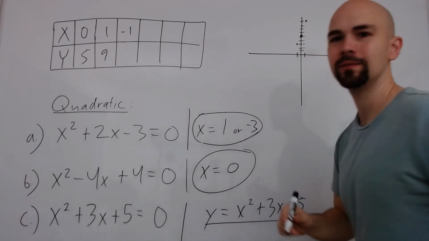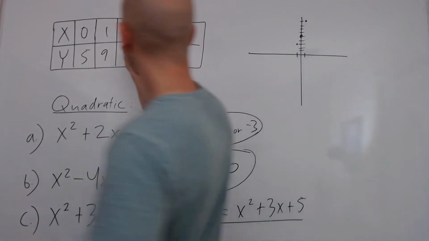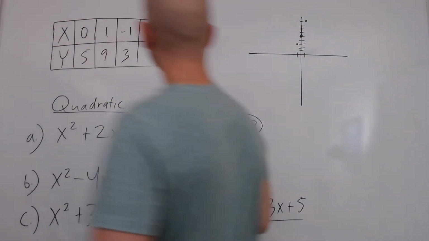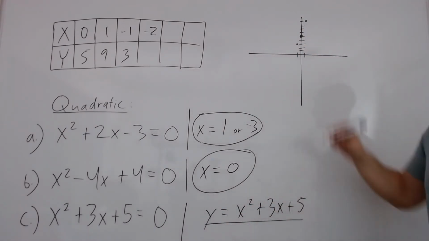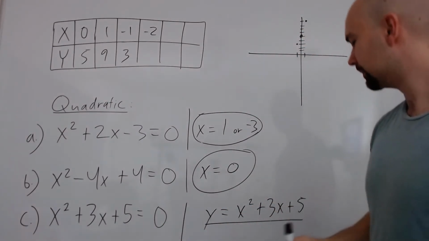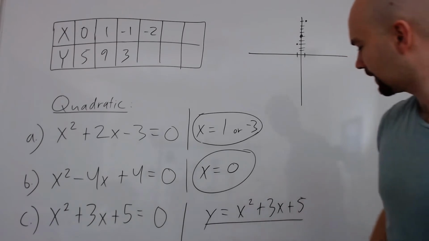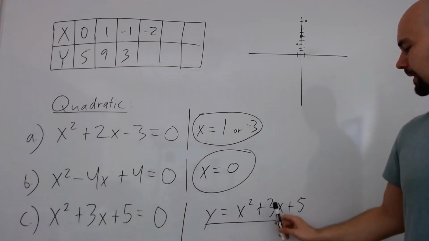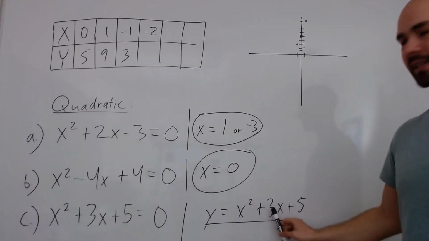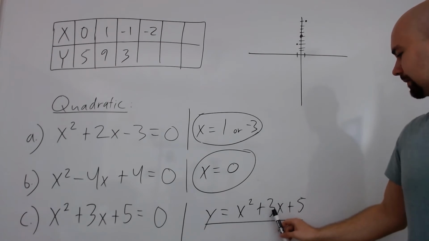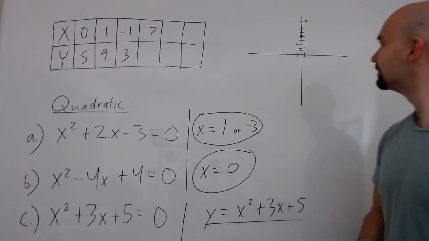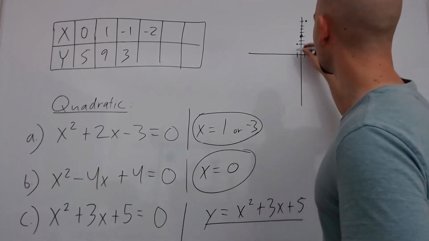All right, getting closer. Let's see at what point it's going to curve back up. -2 squared is going to be 4, plus 3 times -2, so 4 minus 6 is -2, and then plus 5, so it's going to be 3. So interestingly enough,